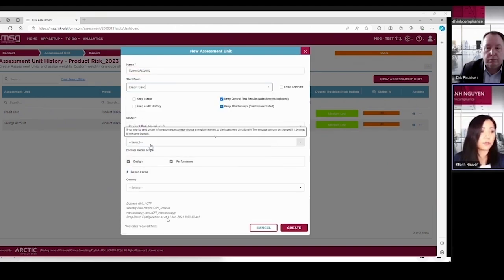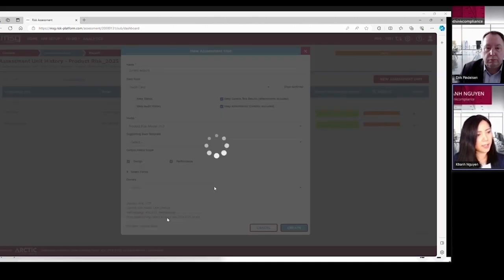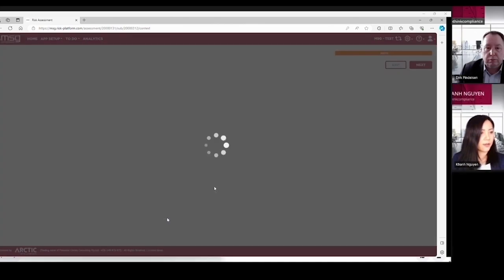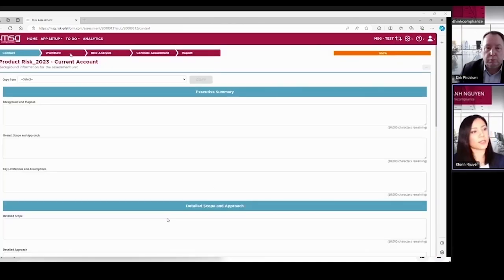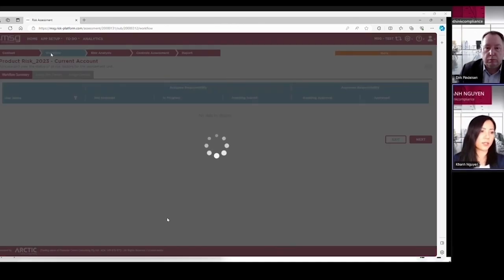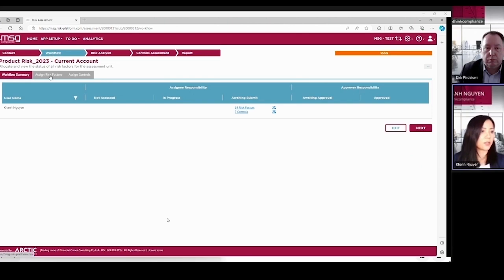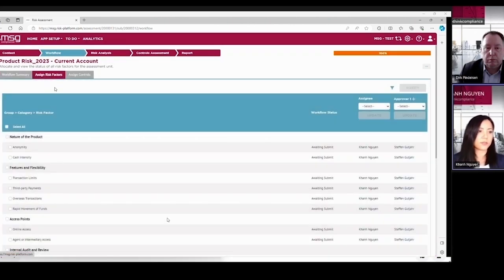You are able to create a new risk assessment based on a current one, for example, the credit card, and just adjust things that are different, of course. So after creating the risk assessment object for the current account, you can assign the task to different persons, to different departments.